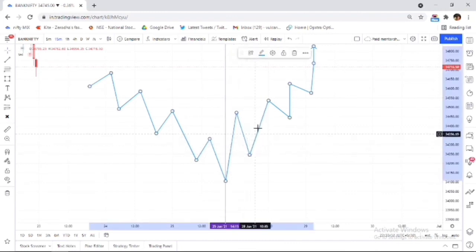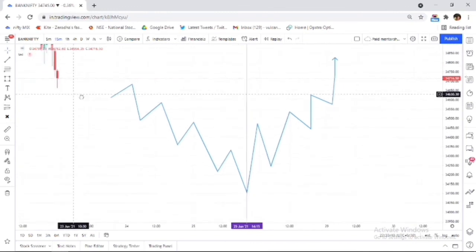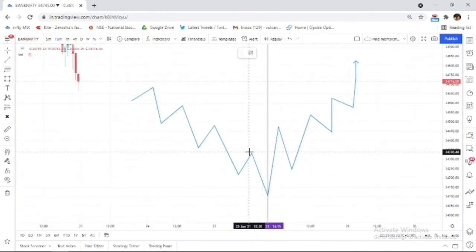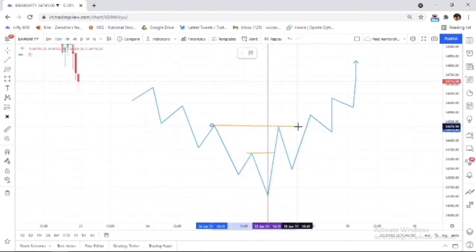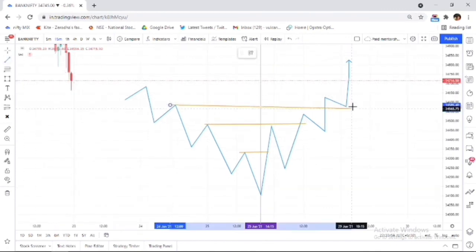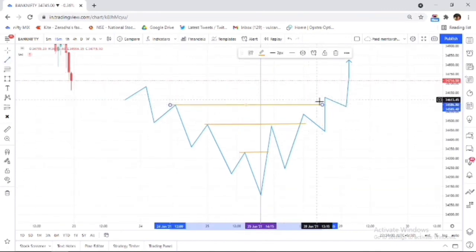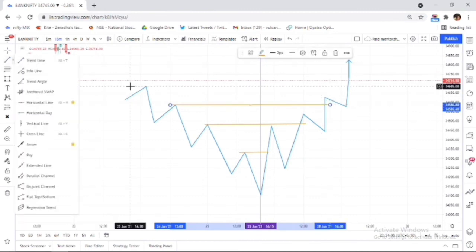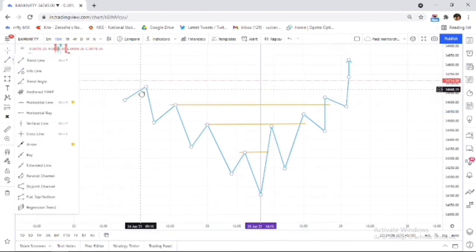Okay, and I will teach you how to buy the market after the break of structure happens, and buy the market low. This is the break of structure. So buy low and sell high, and these are my targets. See how the market takes the targets after the break of structure happens.